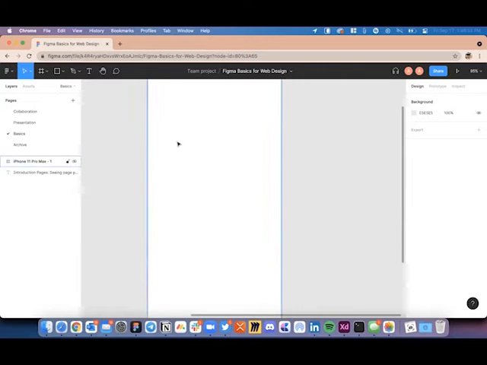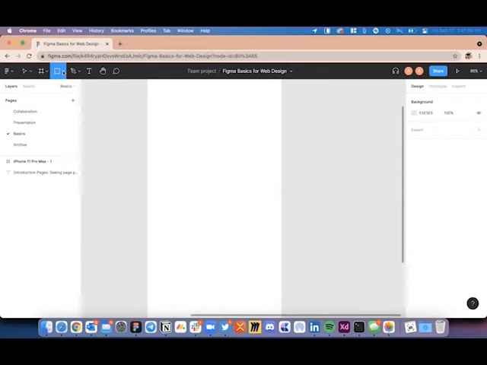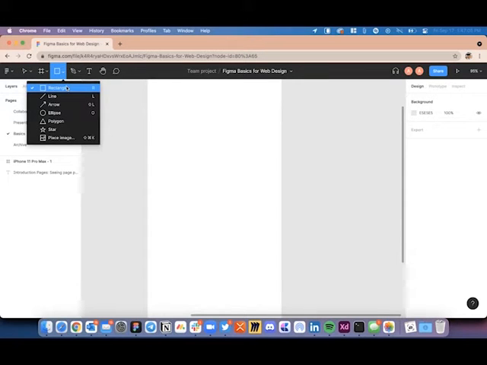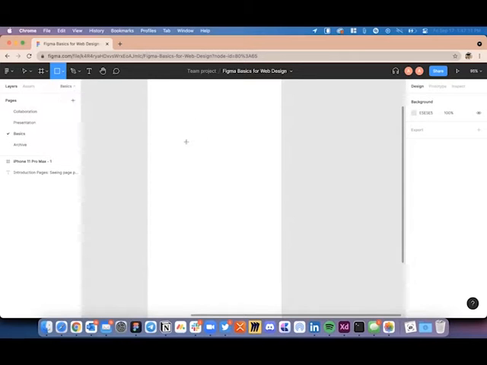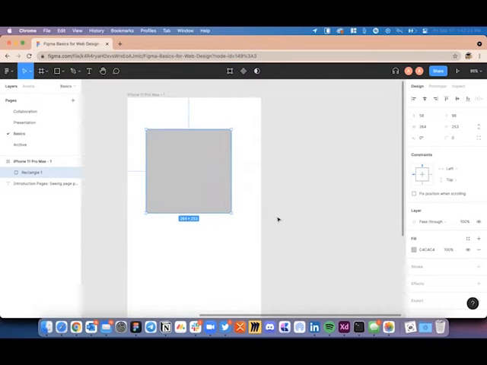Now let's talk about shapes. As you can see, the toolbar has all kinds of different shapes, but I'm going to be talking about the two basic ones that we mostly use in design, which are the rectangle and the ellipse. When I click on the rectangle tool, I can alternatively just press the R key on the keyboard to select it. And then I am presented with a cursor, which allows me to create a random rectangle on the frame. I can just go ahead and create a random one right now.